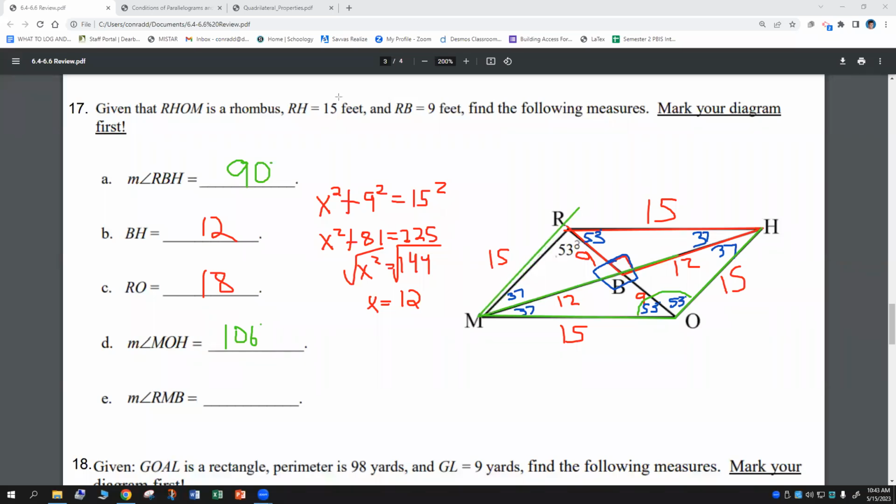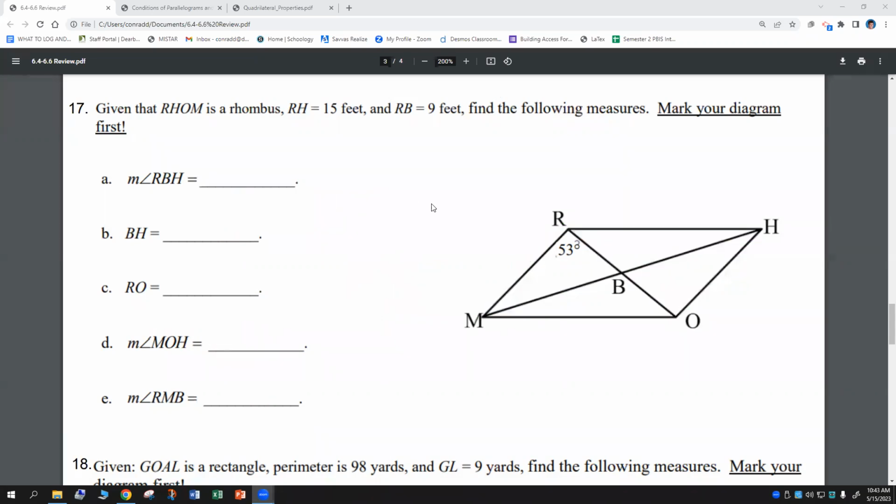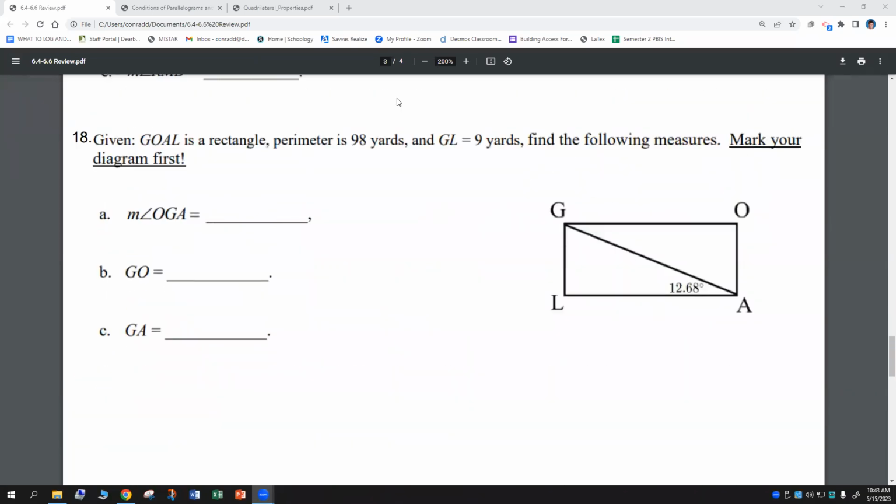RMB, right? This angle right here is going to be 37. All right, next one is a rectangle. So that was the rhombus, now the rectangle. We know a rectangle has 4 right angles. Here, we can do alternate interior angles. So this is 12.68